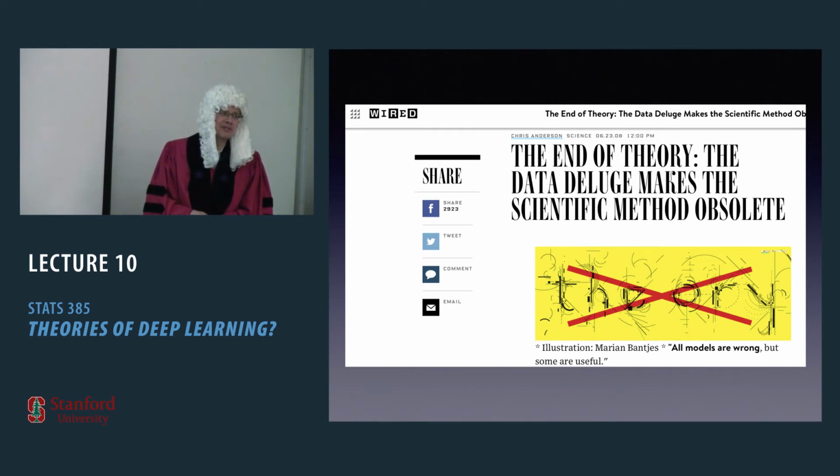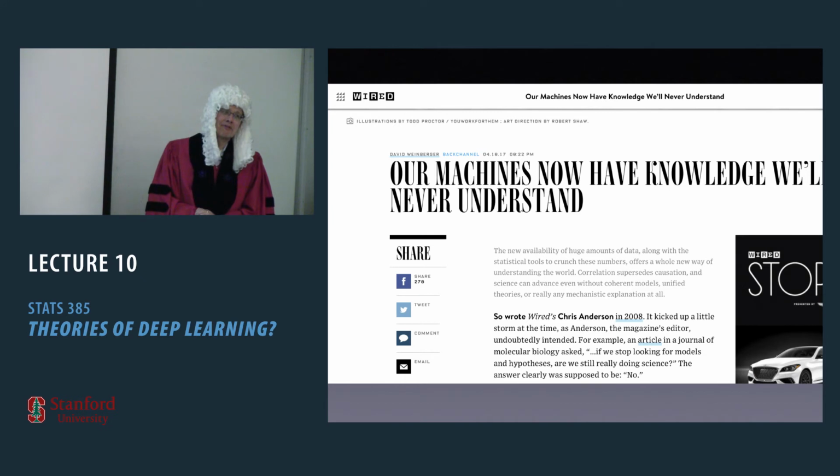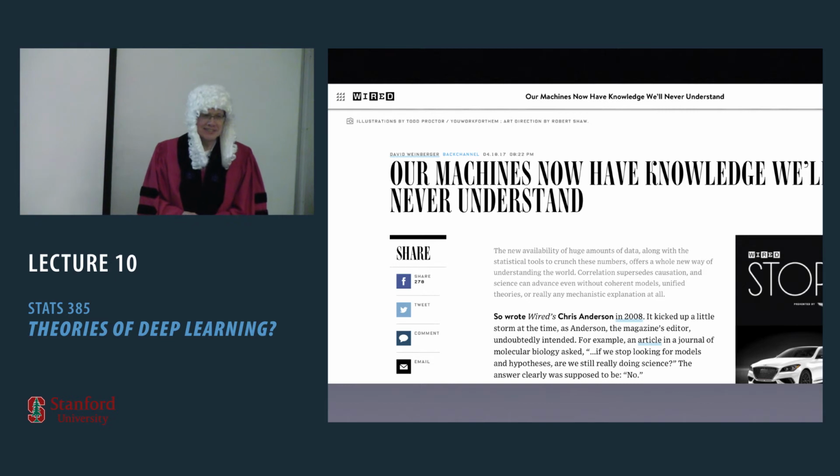By extension, you don't need theorists. Very recently, Wired continued the drumbeat and has talked ever more and more that actually we don't need understanding, and so obviously if you don't need understanding, you don't even need universities.